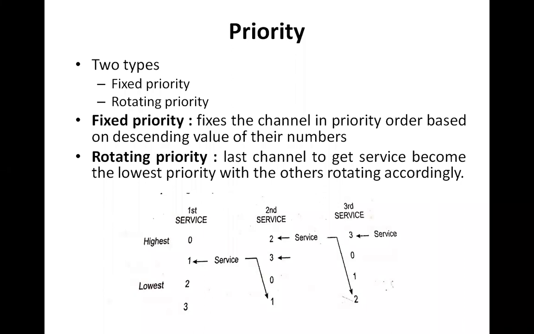Now, after the recognition of any channel for service, the other channels are prevented. Once a channel has been activated and taken into account for DMA transfer, other channels are prevented from interfering with any kind of service until the channel being handled by the DMA controller is completed. Till then, all the other channels are held and prevented from making any kind of request, irrespective of having high or low priority level.